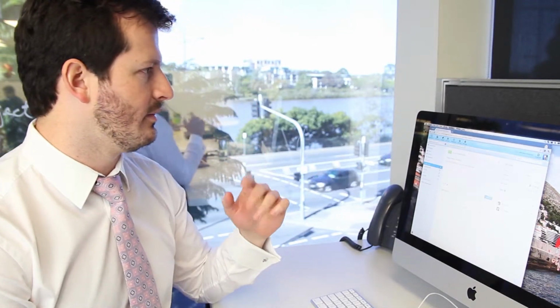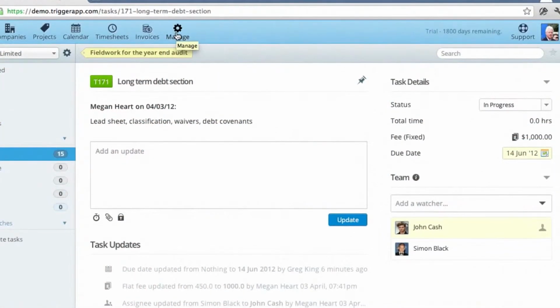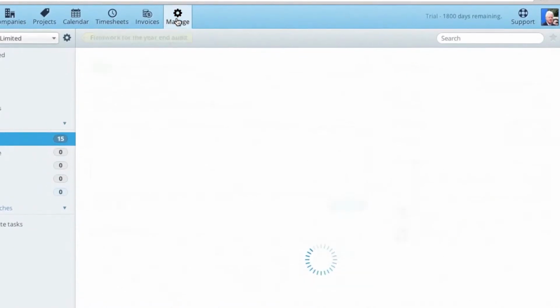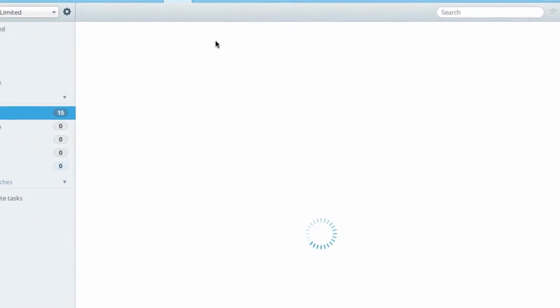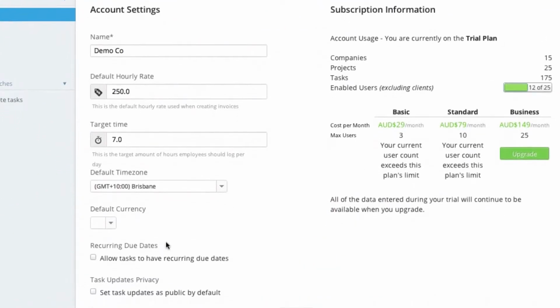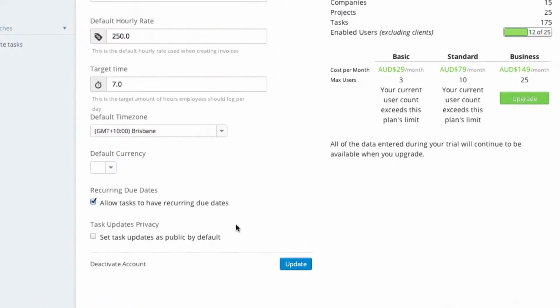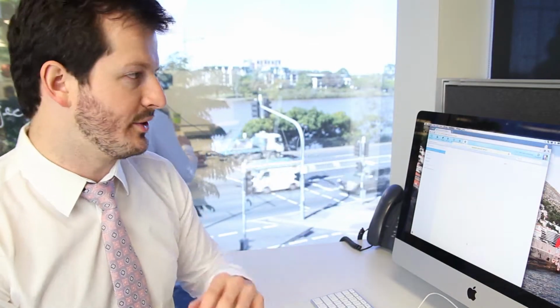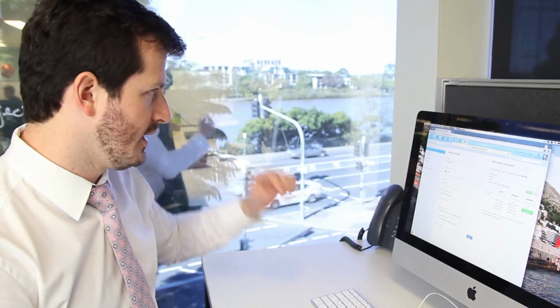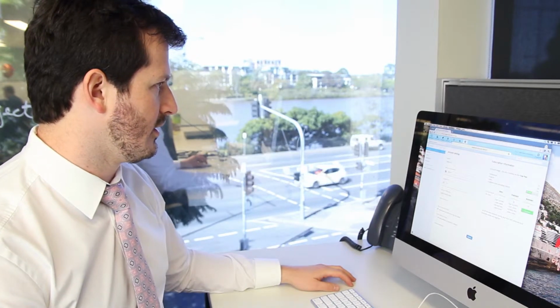Sorry, actually, before I begin, if you would like to use the recurring task feature, the first thing you need to do is actually activate it on your account. So if you go to Manage, you have an option down here now which says recurring due dates, allow tasks to have recurring due dates. If you check that box and update, you'll now have the facility to utilize recurring tasks on your account. If I go back to where I was,